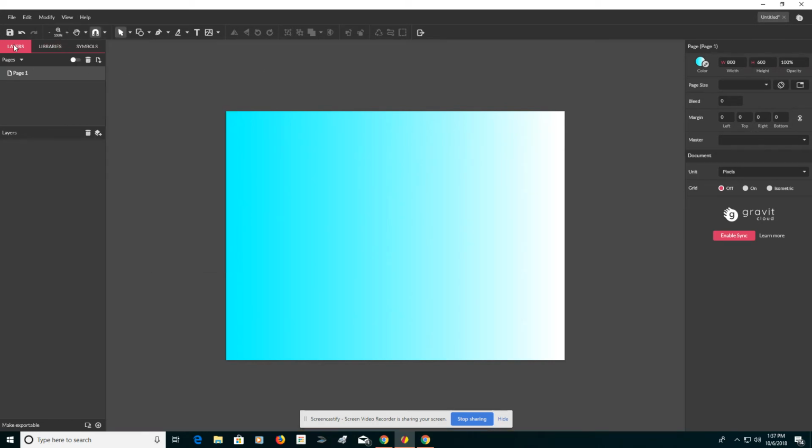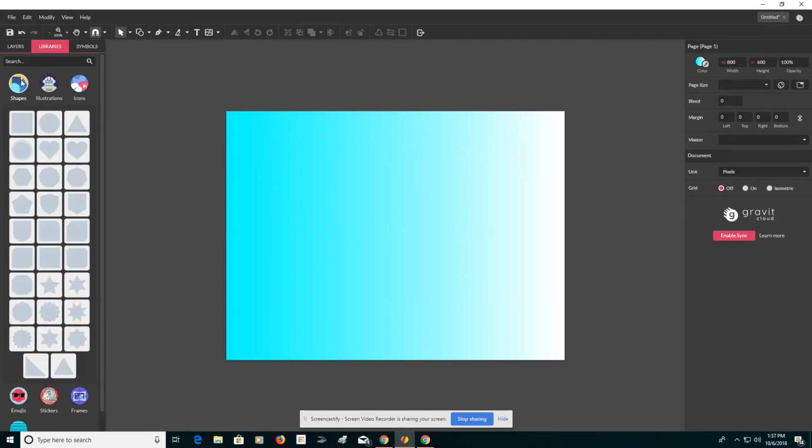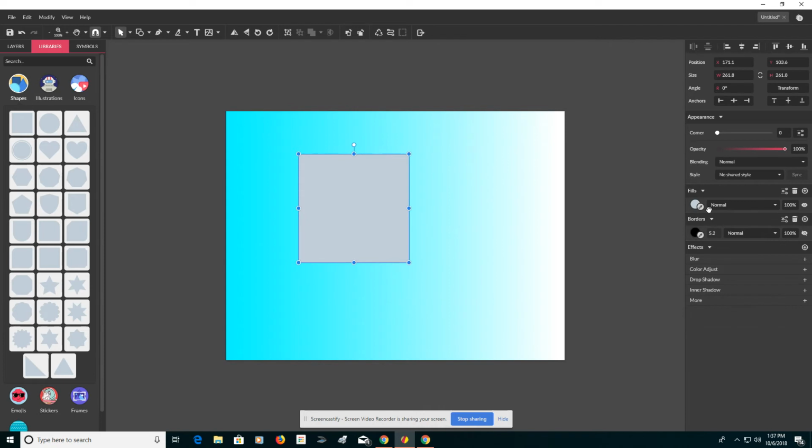Over to the left there are layers, and a bunch of libraries. I usually don't like my kids using the libraries, but they're good if you're doing something that requires you getting it done fast. You can simply drag. We have fill. We have border. You can spin the object by grabbing onto the rotation handle, and we have the bounding box. If you hold shift, it will keep it